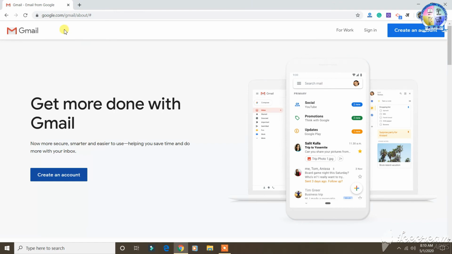In order to open your Gmail ID, you will have to enter the same Gmail website that we entered during the creation of the ID, that is www.gmail.com. Once you enter that address, you will get the same page, and here you can see the sign in option. You need to click on it.